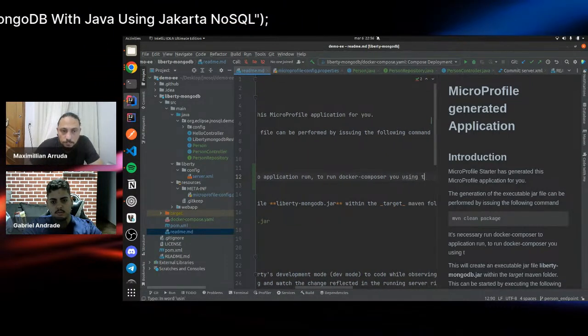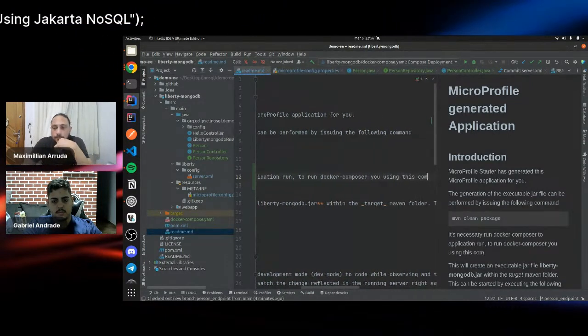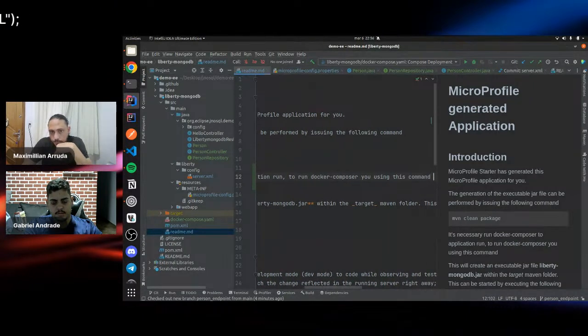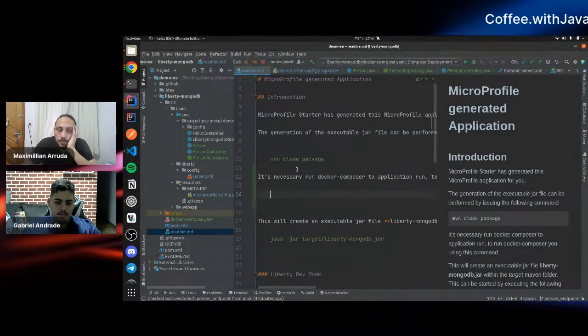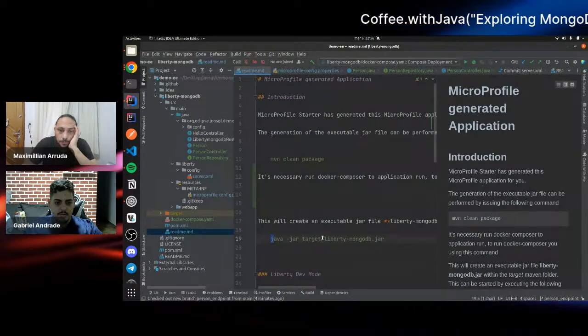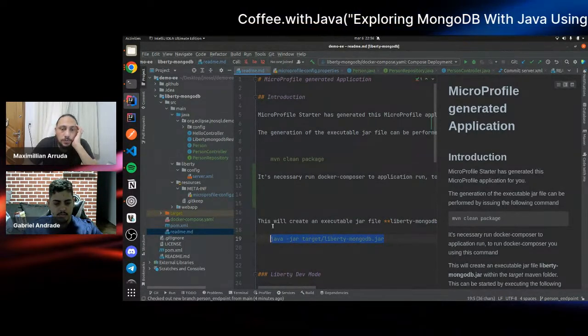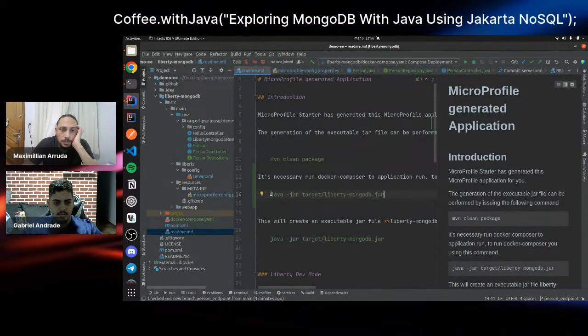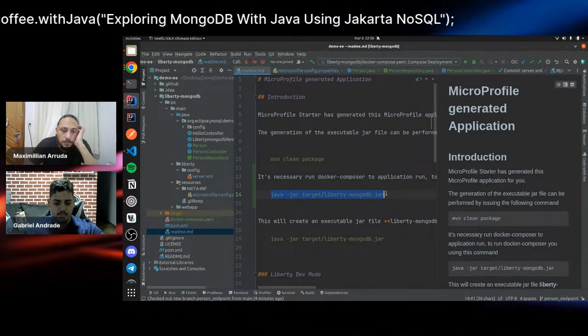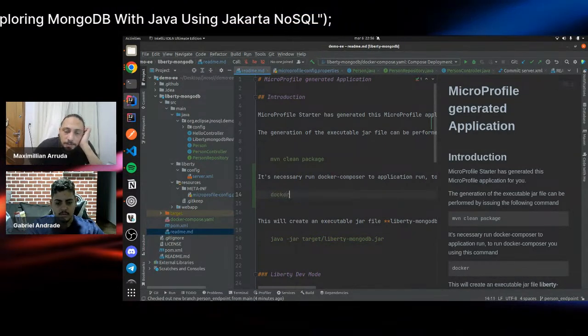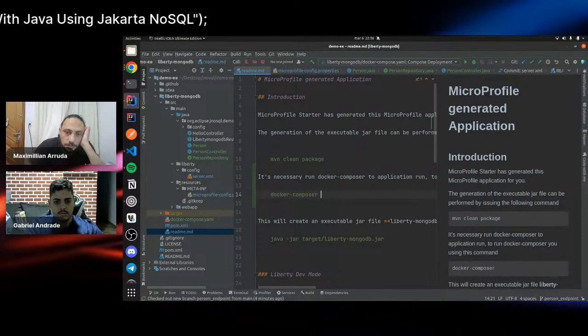Using this command, like this, and change your Docker Compose.